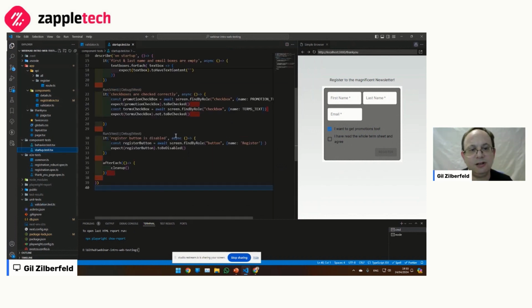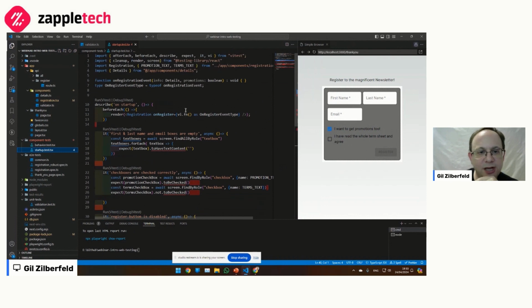The first one is startup. What happens on startup? I'm sorry for the squiggly lines. It's a TypeScript thing. I assure you everything runs. I actually ran them before we started. So how does it work? Render is part of React Testing Library. It does exactly what you need. You give it some kind of React code, JSX code, and the component. It will render itself. And you have to pass, by my design, something that will get invoked when it's ready to invoke. But first of all, I split it into startup and actual behavior.